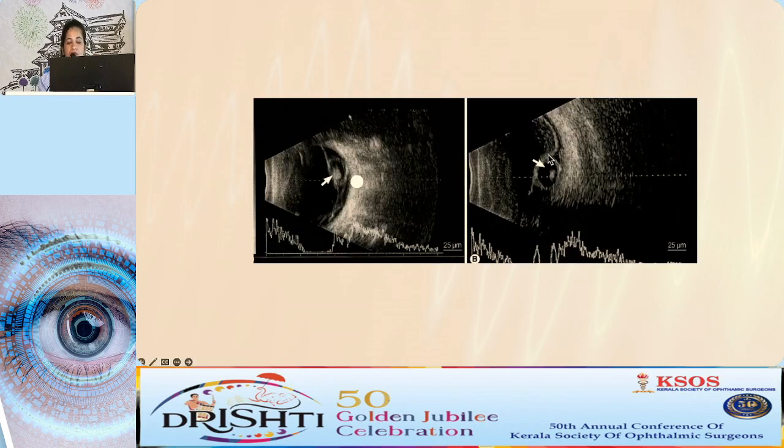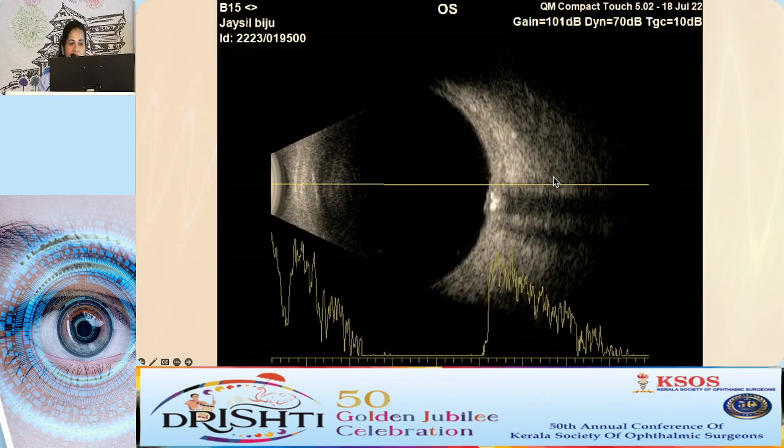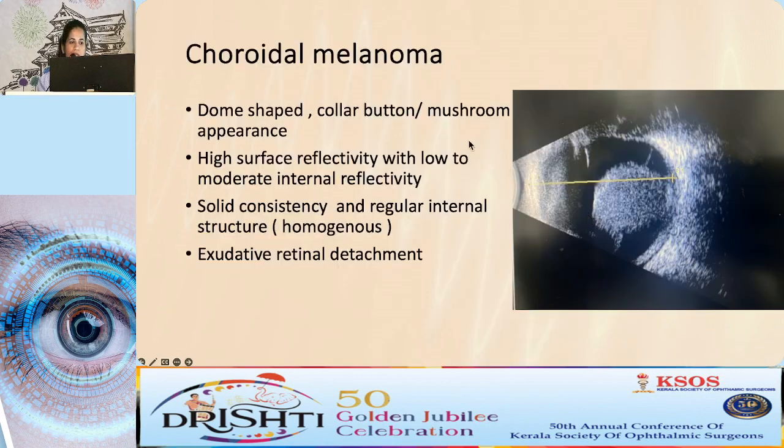This is a case of a hyperreflective ring-like membranous echo with a hyperreflective internal echo, with again a hyperreflective dot echo in clump suggestive of scolex. And this is a case of a hyperreflective echo at the optic nerve head with a backshadowing suggestive of optic nerve head drusen. Choroidal melanoma, the pathognomonic feature is a